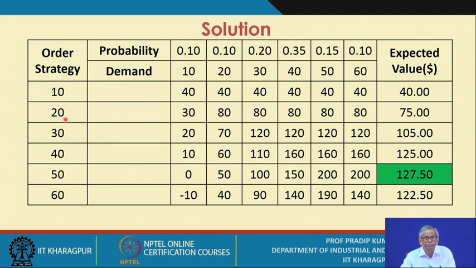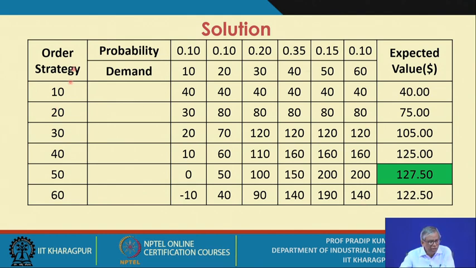The next one is 20. That means if the demand is 10, there will be an excess of 10 units. These 10 units you can sell as firewood at a price of 1. So that's why it is 40 minus 10, that means it becomes 30. This is 80 straight, and for all other demand levels it remains at 80 when the order quantity is 20. So like this you calculate the payoff against a particular order quantity for all demand levels. So the matrix is created.